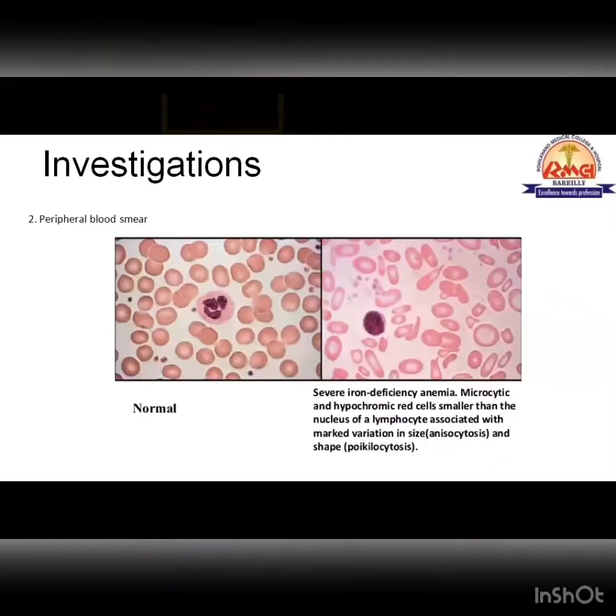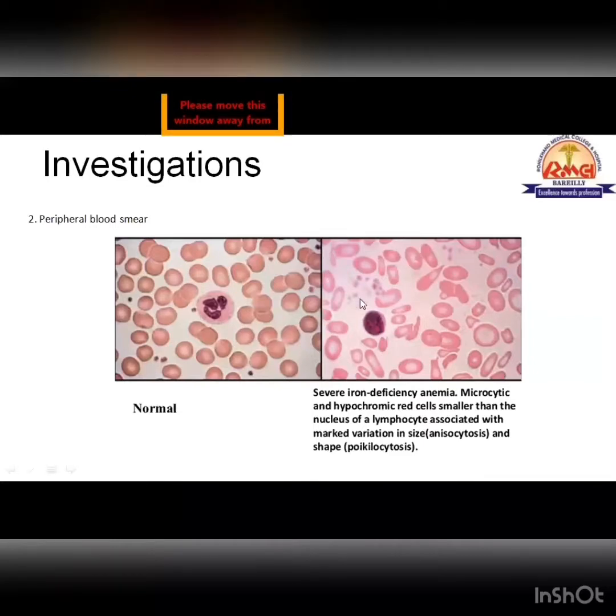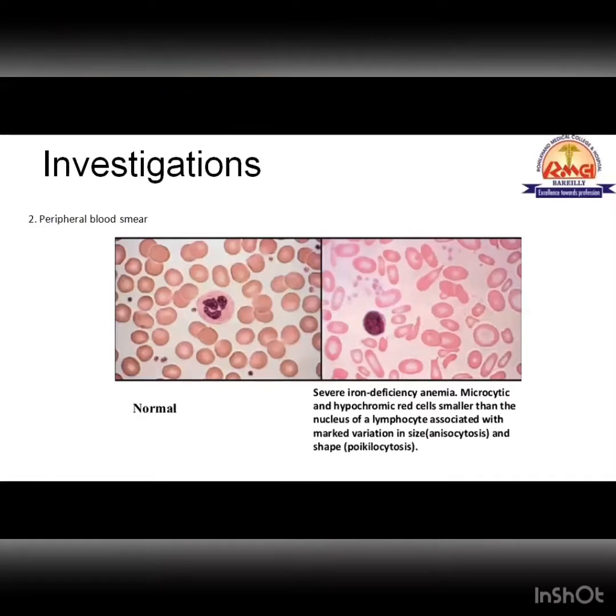In the peripheral smear, which otherwise we order in the name of general blood picture, GBP, we see cells of different sizes. Some look smaller than the small lymphocyte. Small lymphocytes are of the size of a normal RBC. If the size decreases to less than a small lymphocyte, then it is microcytosis. The red cell index indicating microcytosis is MCV. If it falls below 80, it is called microcytosis.